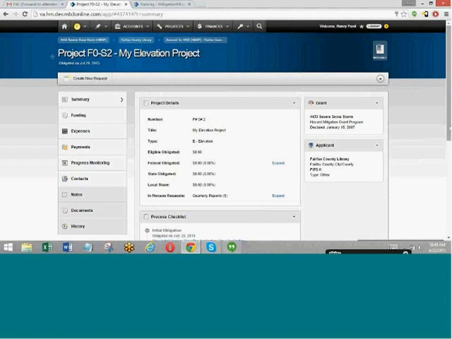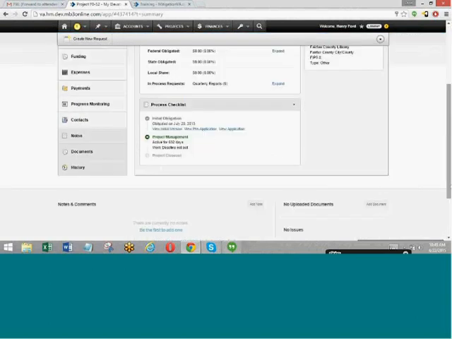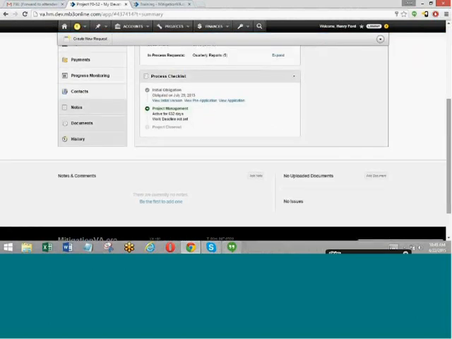When you scroll down to the bottom, you will see what we refer to as the footer section, and that's the same on every item. And it allows you to add notes and comments, and it also allows you to add documents. This you can do on any item in the system, whether you're on a project, whether you're on an expense or a time extension request or a pre-application, whatever the item is, you can add a note and you can add documents.